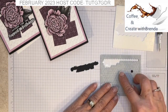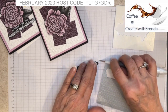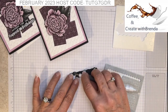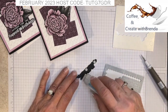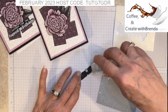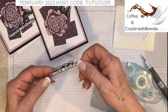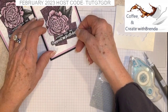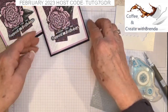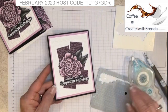Now I want to use my black mini dimensionals. What I'm going to do is I'm just going to put them along the bottom edge of my sentiment here. And then I'm going to add just a little bit of Stampin' Seal up here at the top. And you'll see in a minute why I'm doing that. So I'm going to take the backing off. And then this Wishing You is the one that has the seal. So now I can just kind of lay that over the flower. But the dimensionals on the bottom will hold up my sentiment. So there we have our